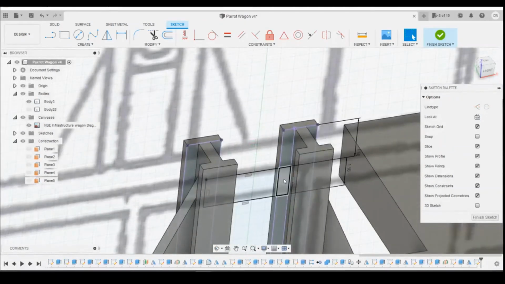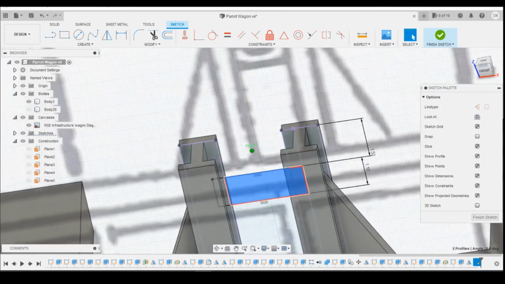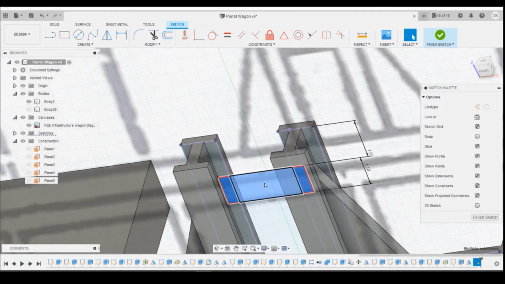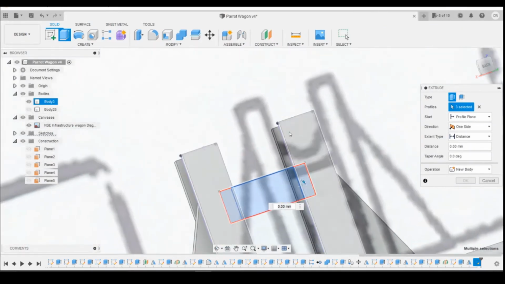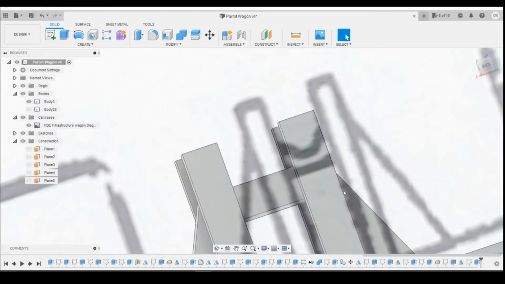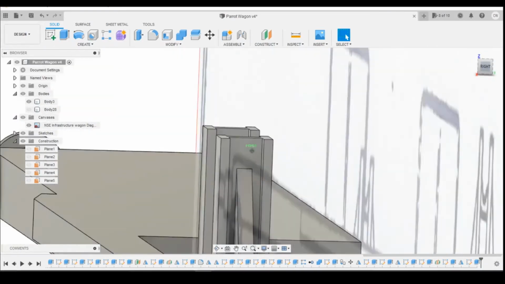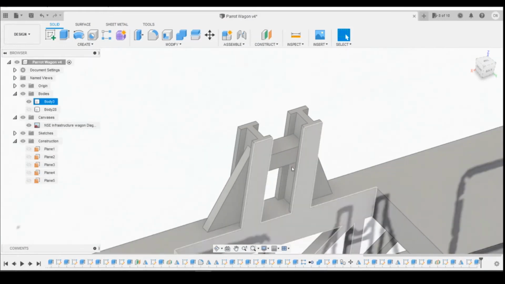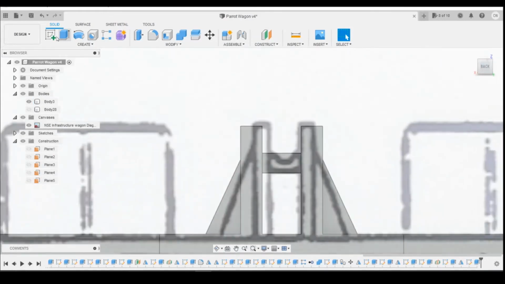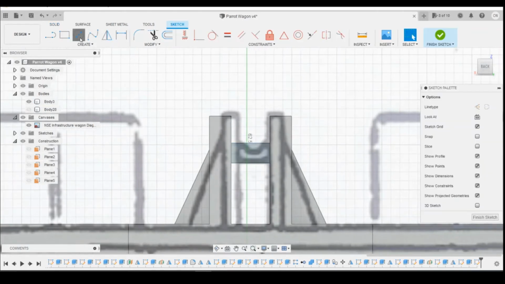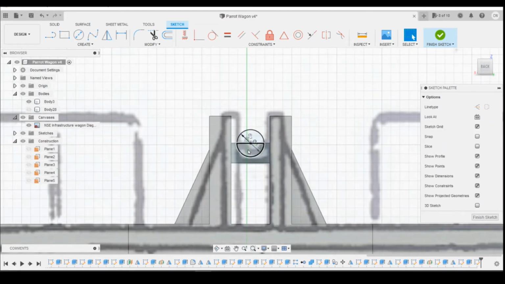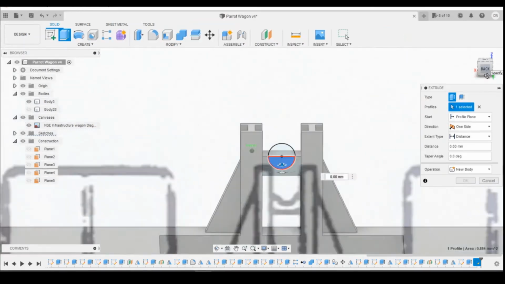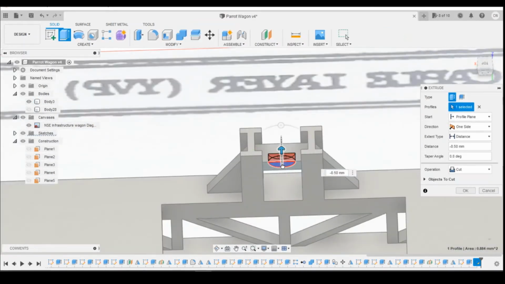Okay, now we've got the hole here. Just select these three faces, and I'm going to extrude that to the other side, and it will join. And then on the inside surface, I'm just going to create like a hollow here. So I'm going to create a sketch on that surface there. I'm going to use the circle tool, snap to the midpoint, and drag it out, so maybe 1.5 millimeters. Then I can select that lower half of the circle and do an extrusion cut into there,